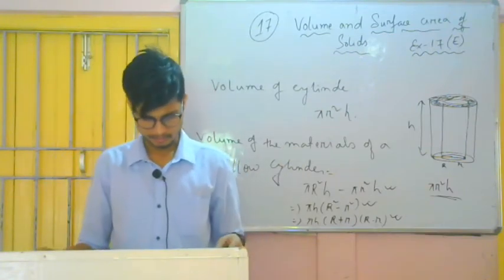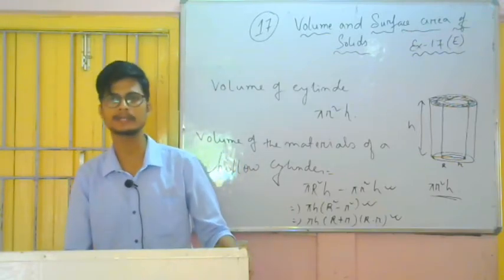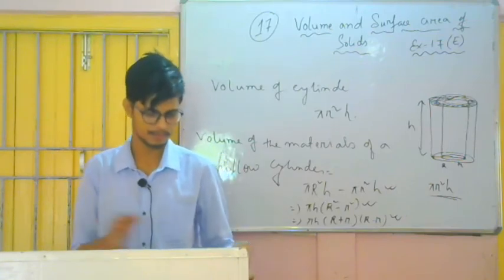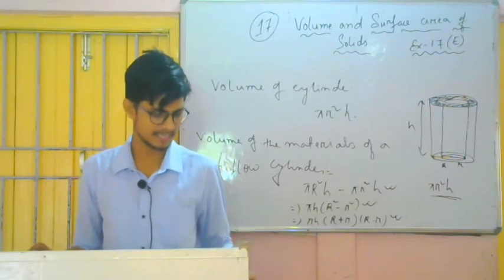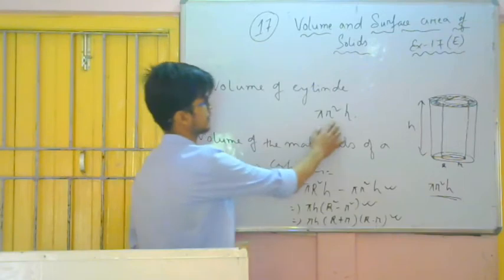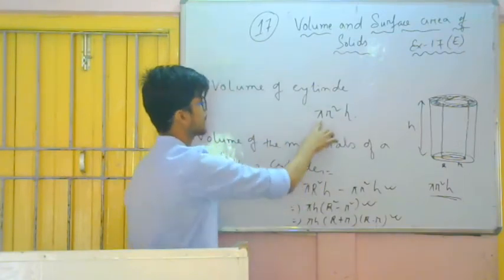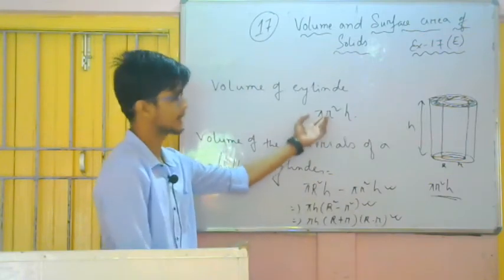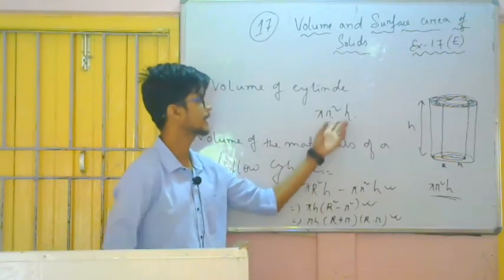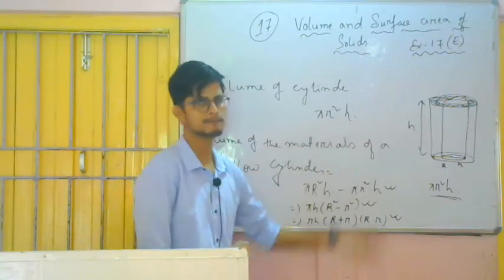Okay, so now let's begin the exercise. Exercise 17E, question number 1, copy and complete the table. You are to take the value of pi equal to 22/7. In the question the radius of the circle is given, height is given, and we have to find the volume. If I know the radius and the height, I can easily find the volume of the cylinder. In place of pi I will take 22/7. Radius here is 7, so 7 square is 49, and h is given as 8. I will take these values and find it out.